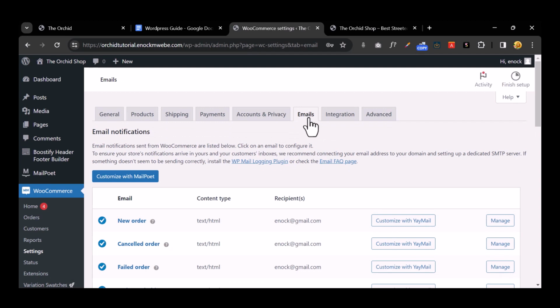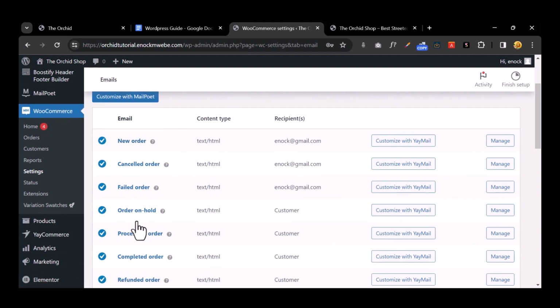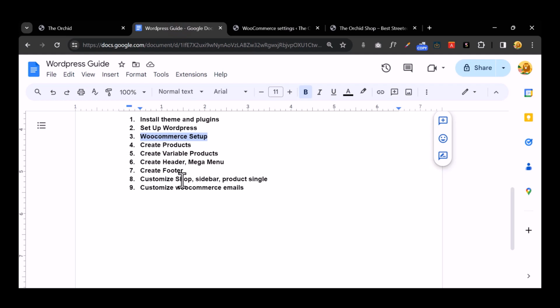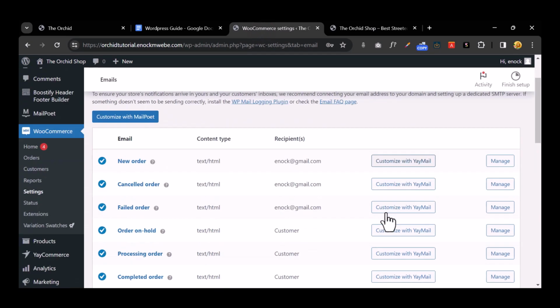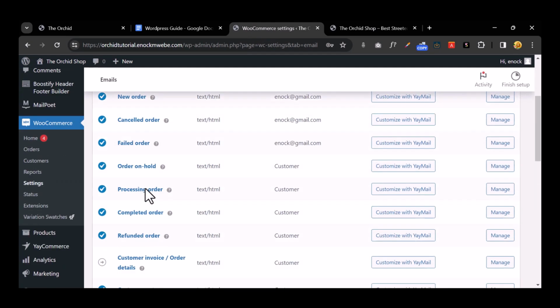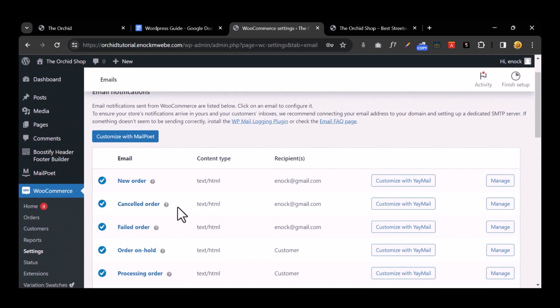Okay. So let's say someone places a new order on our website. By default, WooCommerce sends out some funny emails. So when you click customize with your email, you remember the plugin we installed. It wasn't installed here, but the email plugin that we installed allows you to customize these emails. So in case someone requested to cancel the order, or in case you